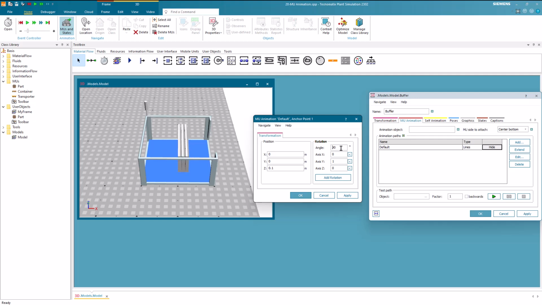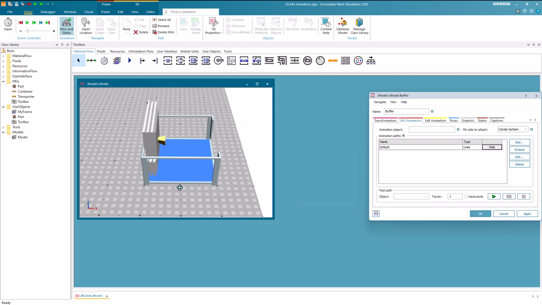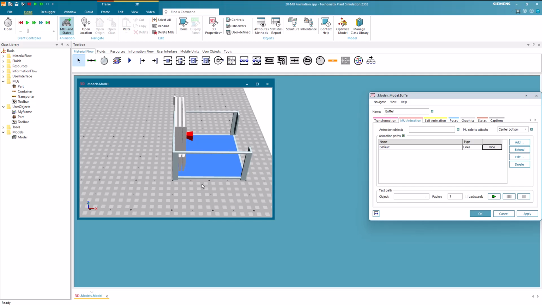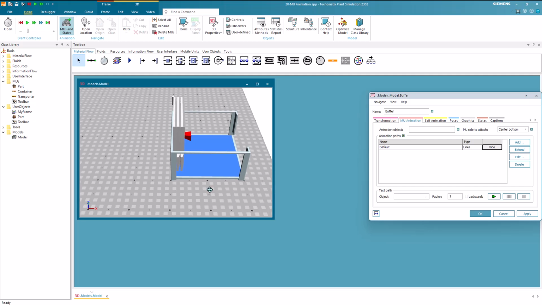We then set the Z coordinate to 0.86 meter and the X coordinate to -0.94 meter. As shown in previous videos, we can use the mouse wheel in combination with the Shift and Control key to position the parts precisely. Now the glass will perfectly fit into the buffer.